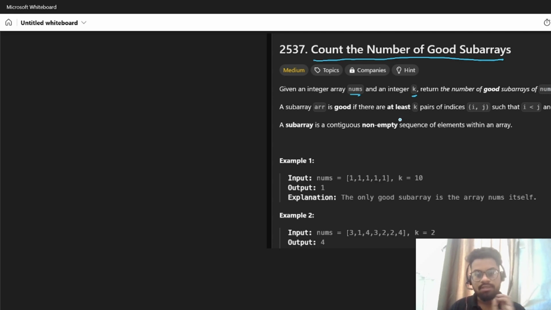A subarray of an array is good if there are at least k pairs of indices such that array of i equals array of j, and index j should be greater than index i. A subarray is a contiguous non-empty sequence of elements within an array. So what they're trying to say is,